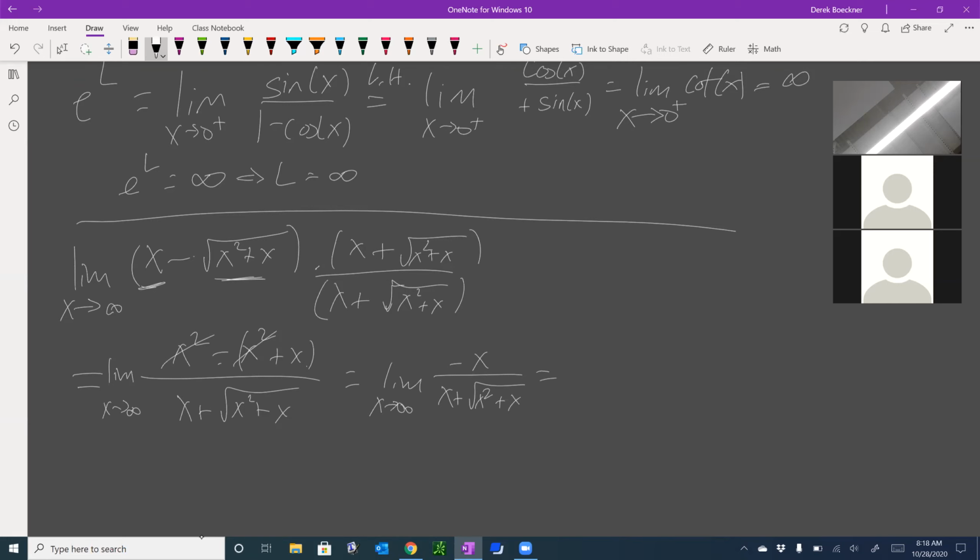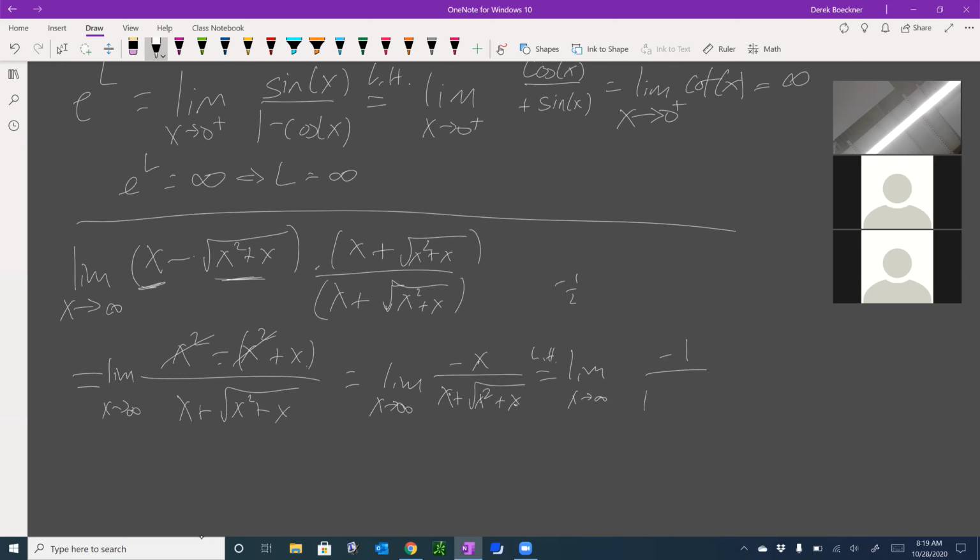Now I can do some arithmetic here. I don't have to, but I could use L'Hopital's rule. Well, let's use L'Hopital's rule just because we're in the section where you're supposed to use L'Hopital's rule. I would probably just divide everything by x, and then this goes to 1, this goes to 1, this goes to 1, and this goes to 1 over x. And so it looks like it's going to be 1 over 2 with a minus sign on it. So this looks like minus 1/2 to me right now. But let's use L'Hopital's rule. So by L'Hopital's, this is the limit as x goes to infinity